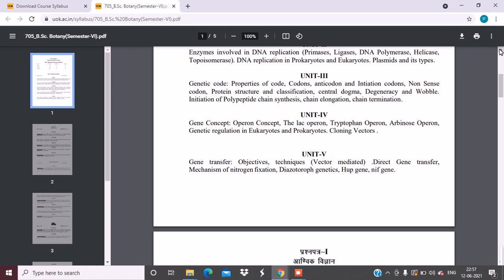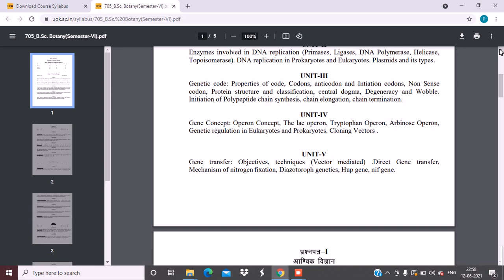Most of the topics you have already studied in your class 11th and 12th. So first please go and read your basics. First go and read Pradeep's biology book. Most of the topics are covered in that book. First you go and read that book, and after that you go for any higher book. So that would definitely clear your concepts and it would be easy for you to read from 2-3 books and then prepare your own notes, so that during the examination time you don't have to go through so many books. You can just take out your notes and study from them. It will save your time also.